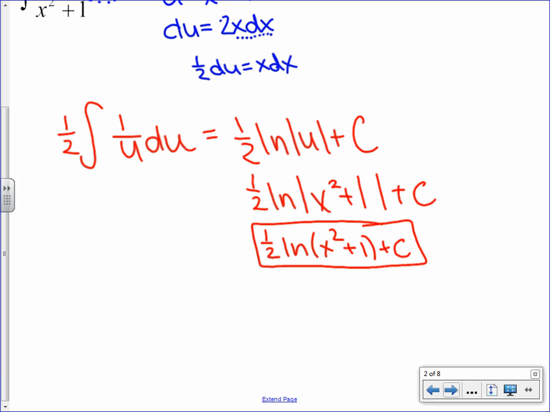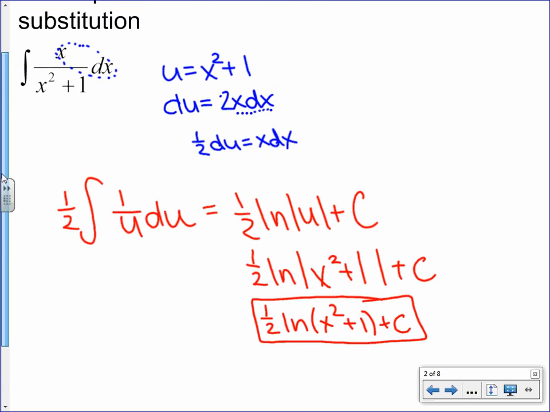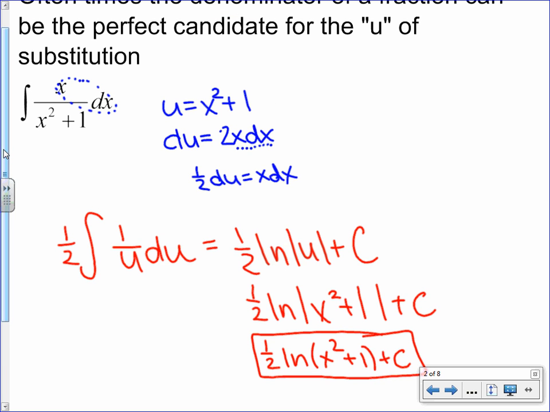Okay. Now, let's go back up to why I wanted Brady to mention that x. What's true about the denominator compared to the numerator that gave us a nice u substitution? It's a degree less. When we do that substitution, when we do our derivative, that power goes to 1 less. Okay. So when we have that relationship,